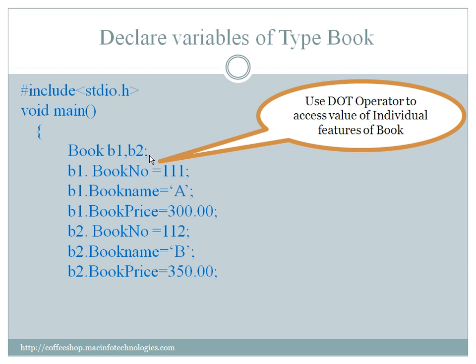Now to access the book number of the first book, you can use b1 dot book number, and you should use the dot operator. So the dot operator is used to access the individual features of the book, or to assign a value to the individual features. You have to use b1 dot book number. Book number is of type int, so you have to give an integer value. We have given b1 dot book number is equal to 111,